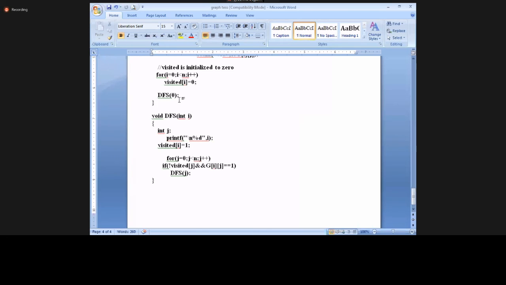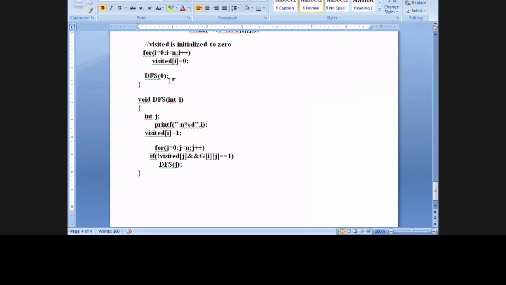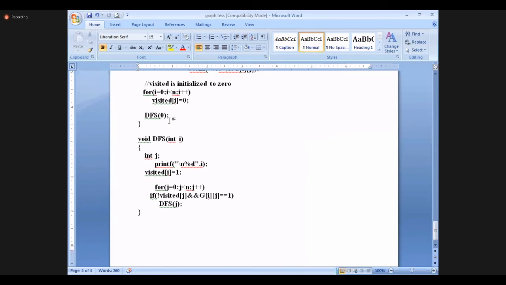In DFS, we may start from any node, but here we will start from the root node and go to the leaf node, and again from the left side, left node and left side node, and after that we will come to the right side and again the right side, like that we will move. So we'll check whether it is visited or not, and if not visited we'll put 1. The first one is visited, so i is equal to 0, immediately we'll make it 1, so the first node is visited.